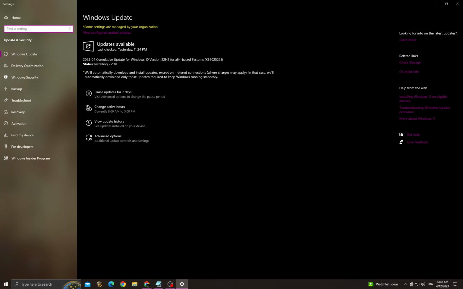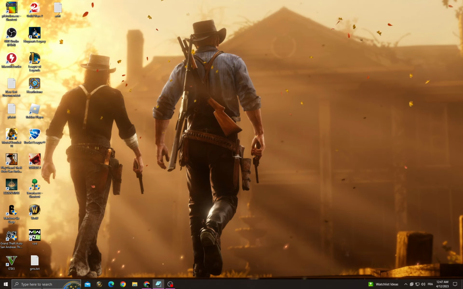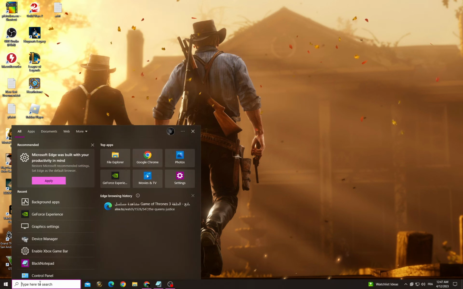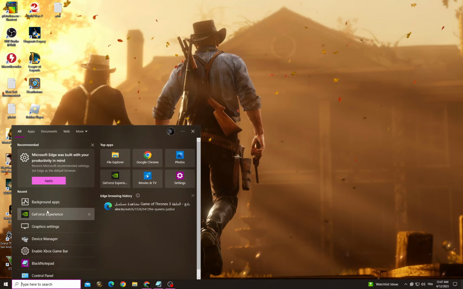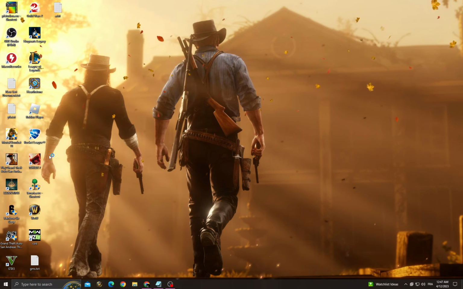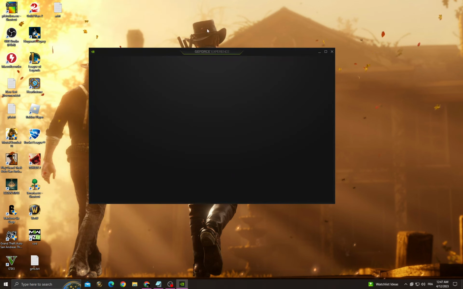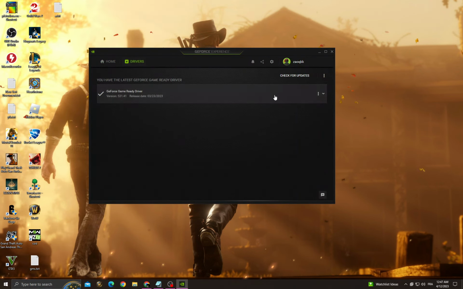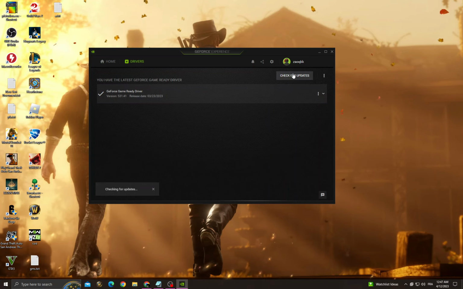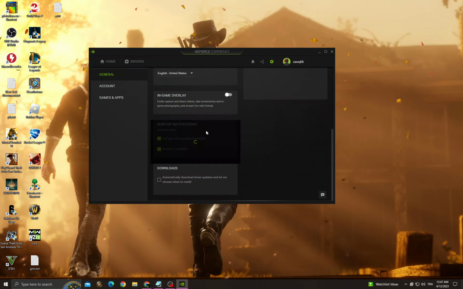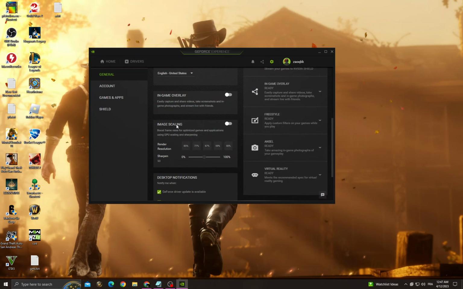and make sure to install all the updates that you can find, and go back. After that you go to GeForce Experience, then go to drivers, check for updates and make sure to install the latest update for your graphics card, and then go to settings, scroll down and you will find here image scaling, enable it,